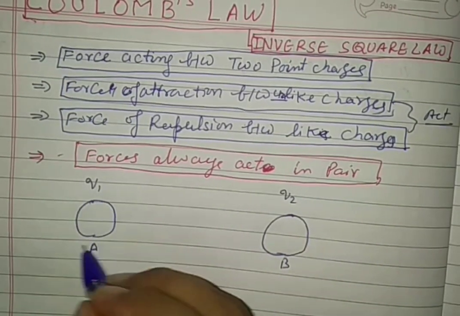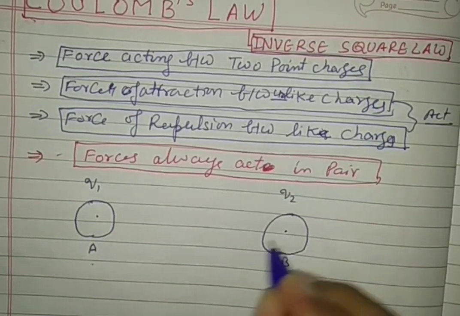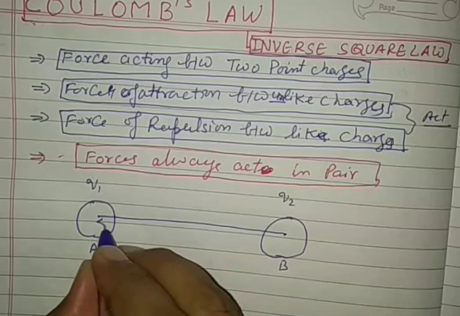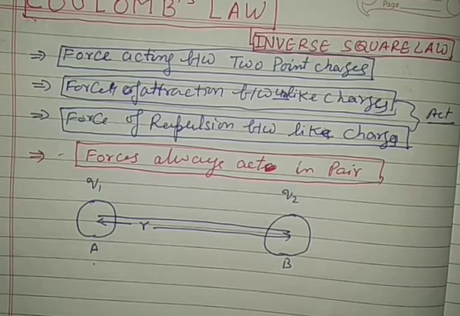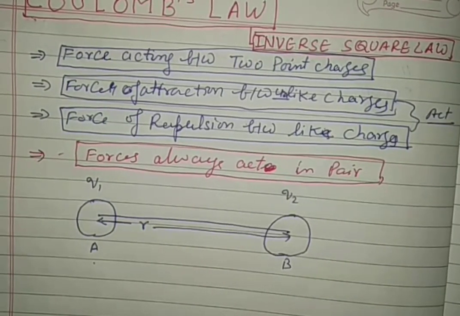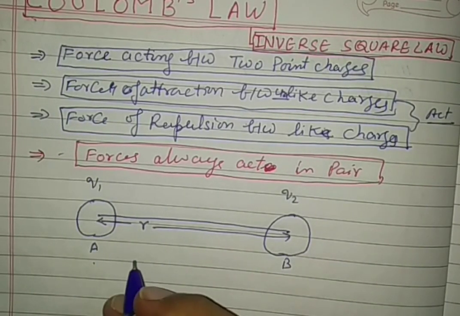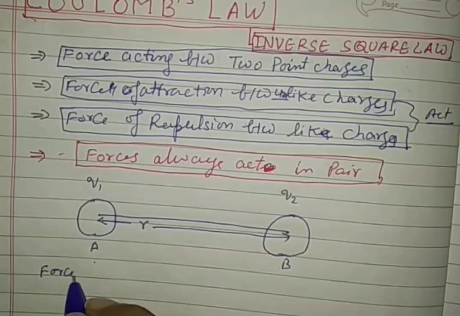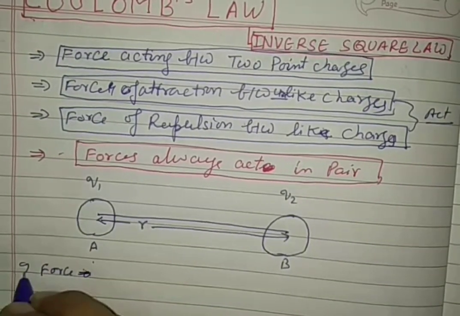The charges are on the surface of a body, but the distance between both is taken from the center of both. Right? It is taken from the center of both. So the force of attraction acting between 2 point charges,